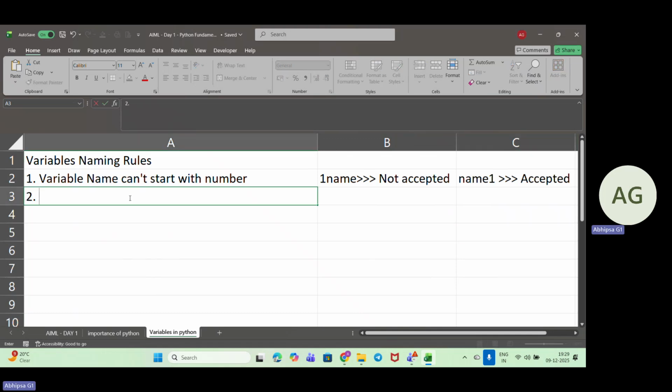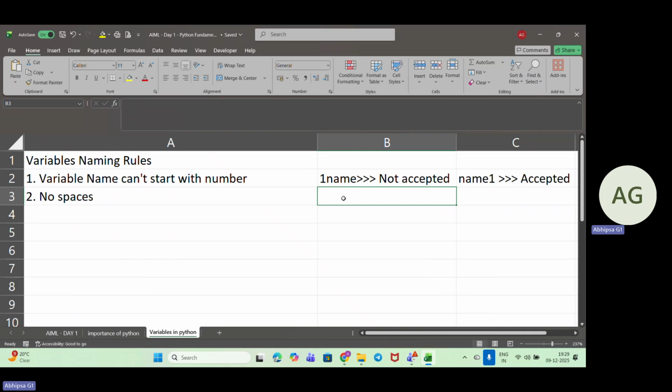The second rule is there shouldn't be any space, no space. So if the name I am giving is, suppose, my name, it is not accepted. NA here simply means not accepted.